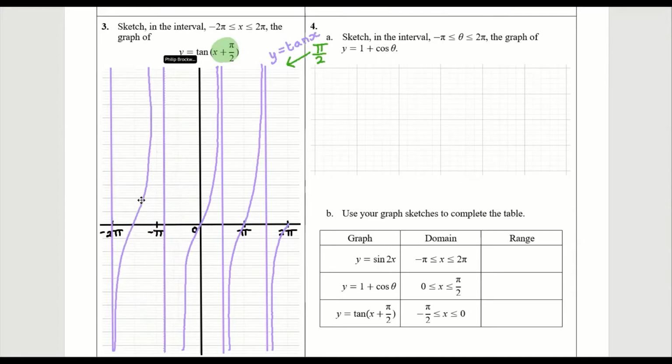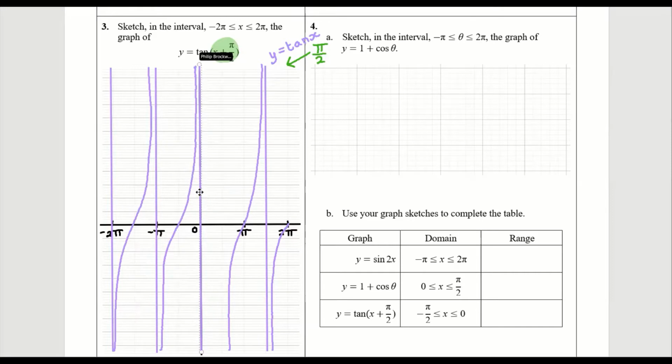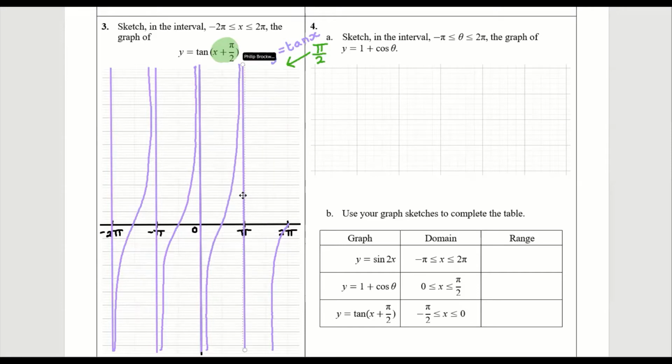And same with all these, so from -pi over 2 to -pi. I can move this tan curve from an x-intercept at 0 to an x-intercept at -pi over 2. And I can keep doing this. So I've got an asymptote at x equals 0, another x-intercept at x equals pi over 2, an asymptote at pi, and if I move that half branch, now what I'm going to have to do is just add a little bit more to this,